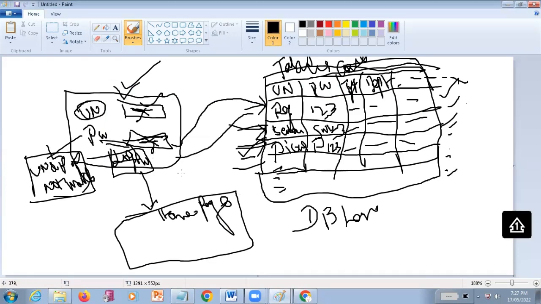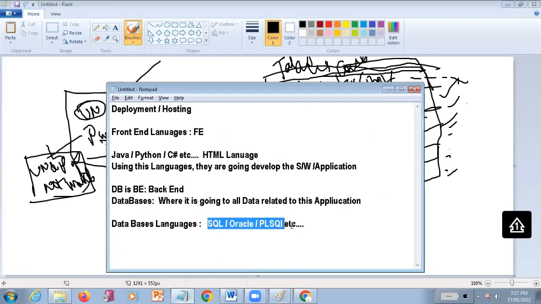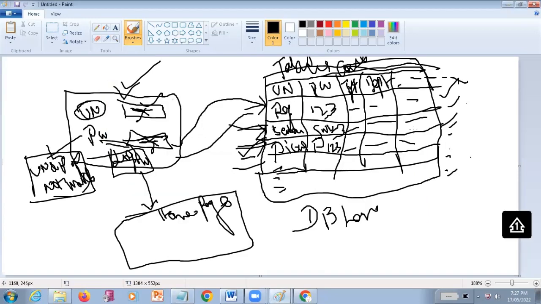So see, now this is fine here. Using these kinds of languages, this is going to handle how the data is stored in the back end. By communicating between the front end and back end languages, the data is transferred from application to database, and database to application. To and fro is going to happen. Whenever the data is required to display in the screens, it is going to fetch from the database tables. Whenever you want to key in some data, meaning you want to save some data,